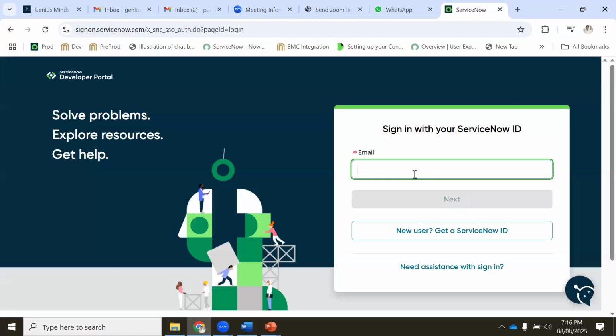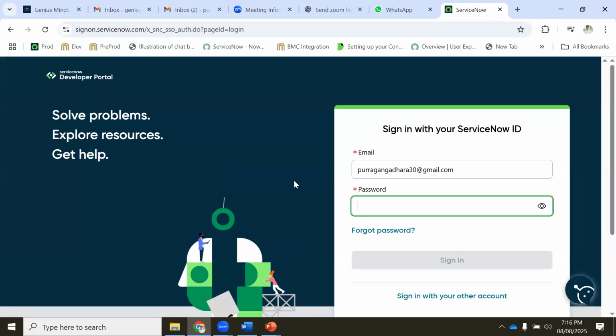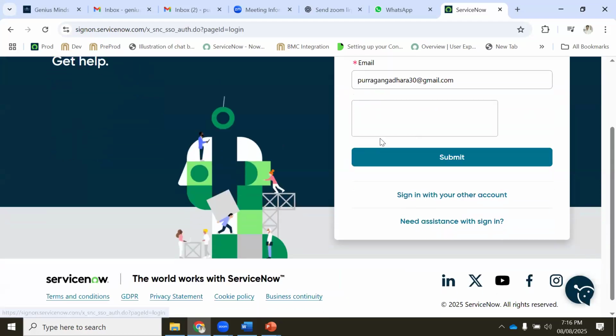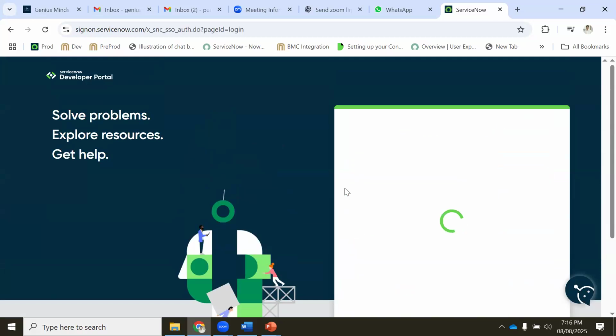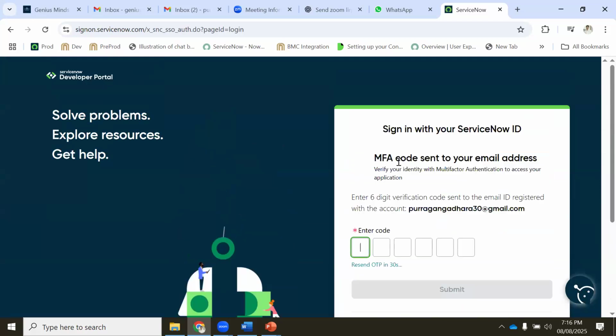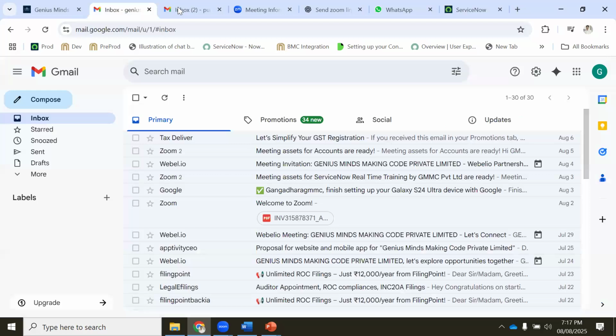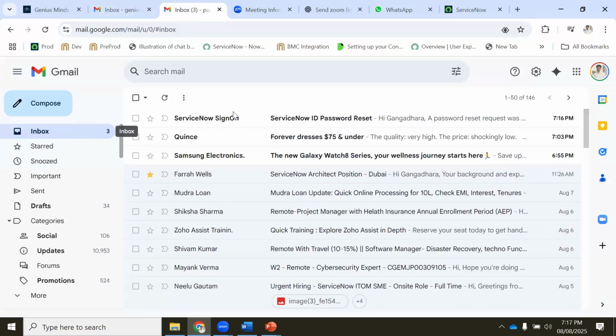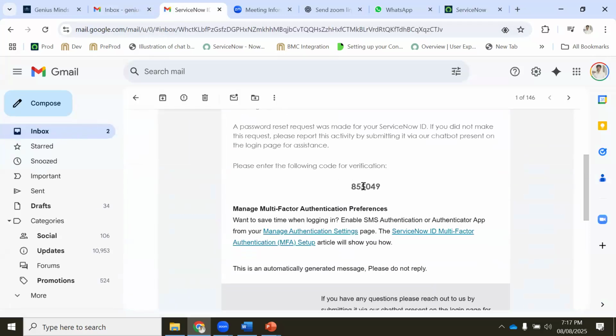For any application, we know that first you need to sign in, correct? Suppose I'm signing in. I forgot my password, so what should I do? Forgot password, correct? They will ask me whether I am a robot or not. Submit. Okay, they sent me my password.